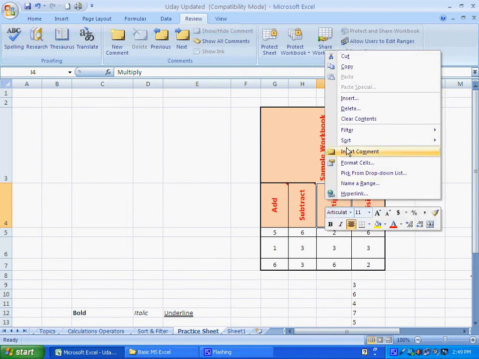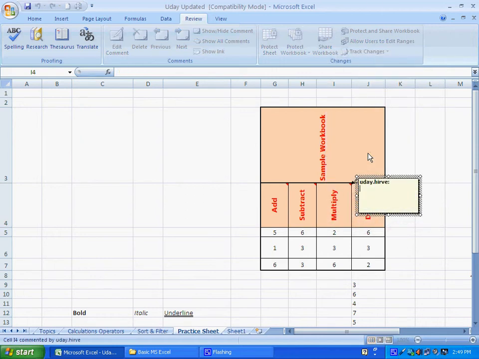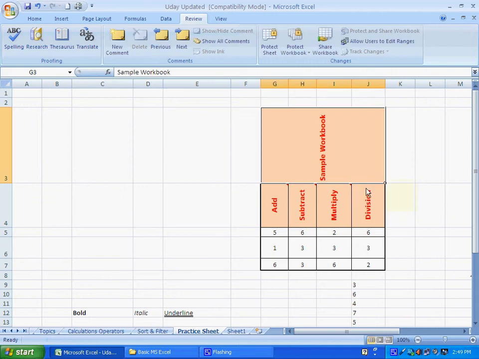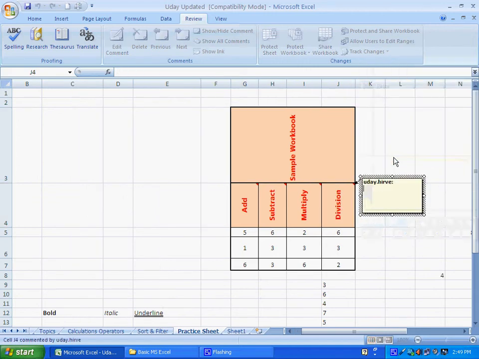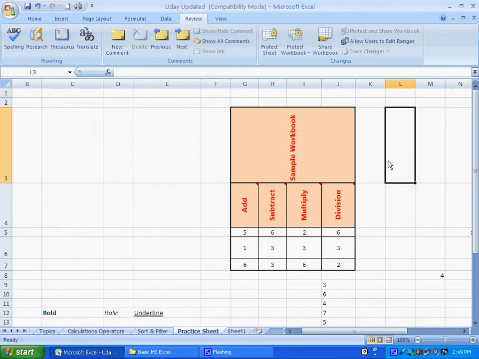So in the review tab you will find this insert comment option, and by right clicking your mouse, you will also see this insert comment option. You will see red marks on all these cells, so you will be able to know that you have put some comment in these cells.